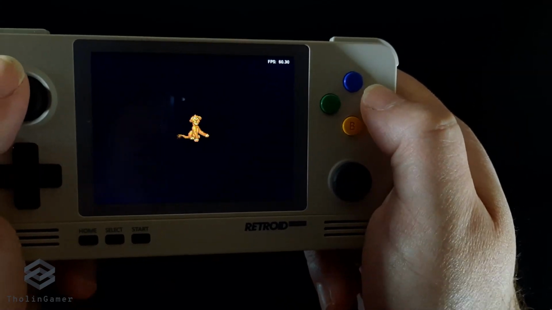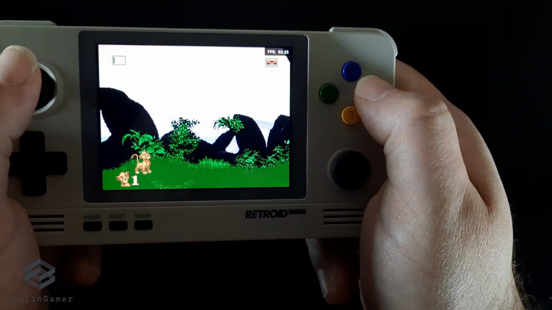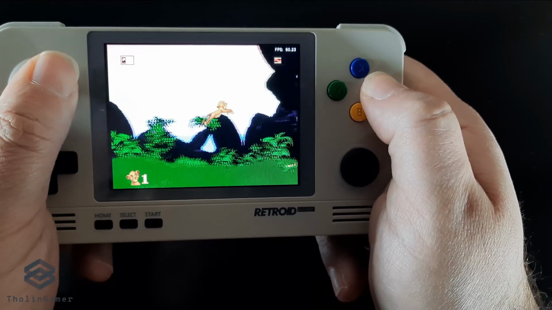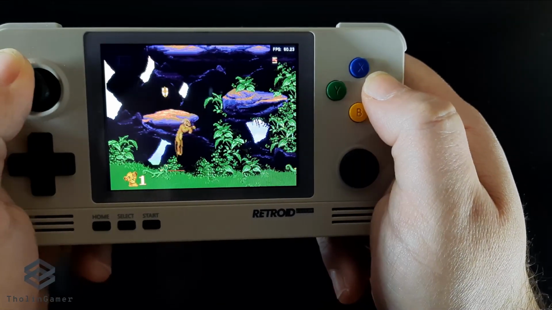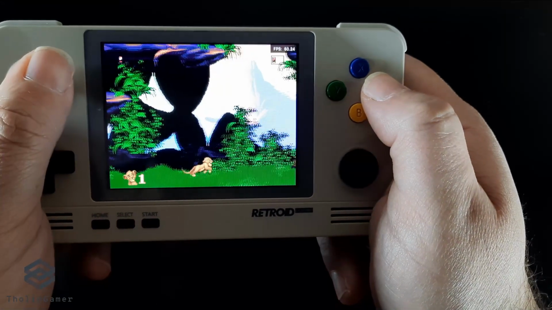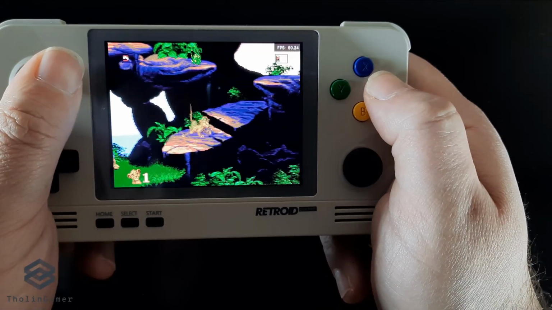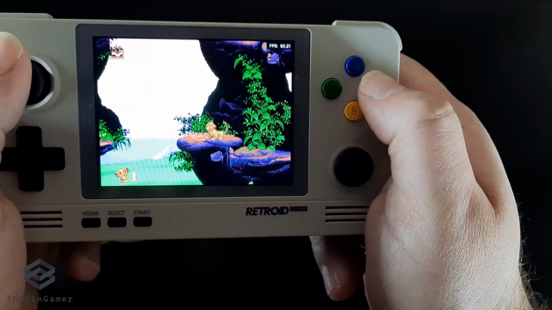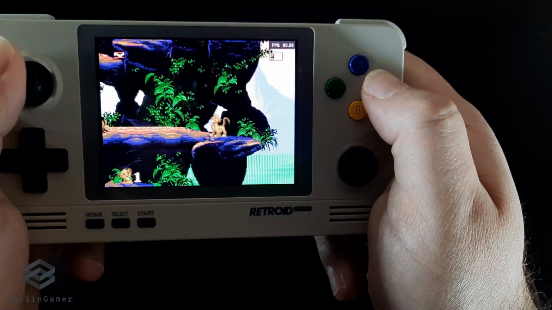Now, with regards to emulation, it runs without any issues on the Retroid Pocket 2 using RetroArch. So if you like a quite challenging platform game with great graphics, nice settings and a nice soundtrack, I would say, don't forget to try The Lion King for the Mega Drive or Sega Genesis.